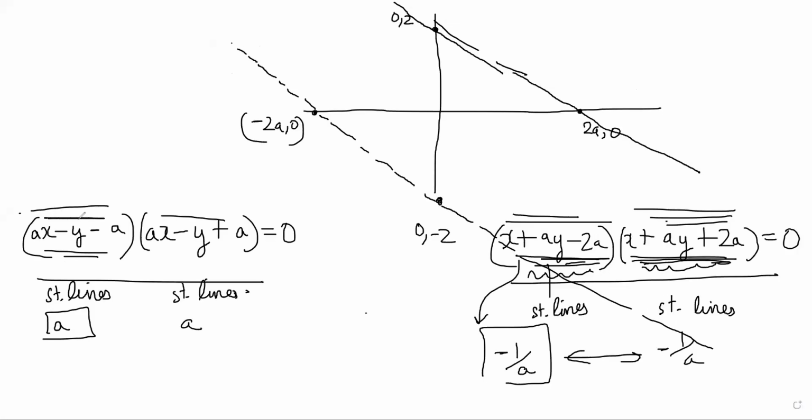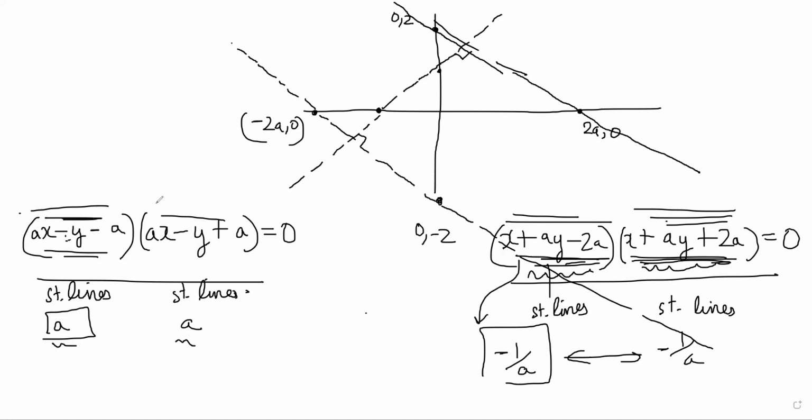Now we'll draw the graph of this one. The slope is a. If you put x is equal to 0, you get y is equal to minus a, right? So minus a will be somewhere here. And when y is 0, x is equal to 1, again the midpoint, somewhere here. And this line is going like this. And we know that the angle here is 90, because the slopes are perpendicular slopes.